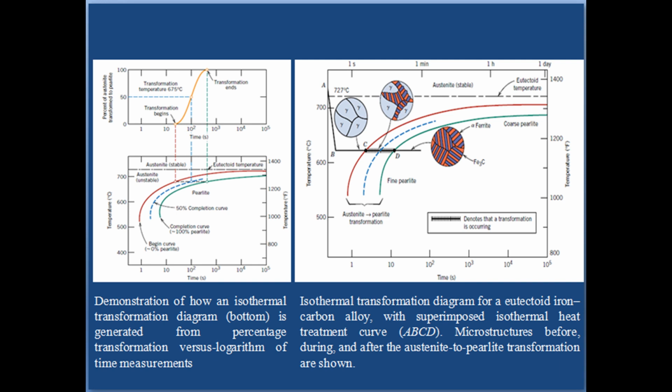At these temperatures, diffusion rates are relatively high, such that during the transformation, carbon atoms can diffuse relatively long distances, which results in the formation of thick lamellae. With decreasing temperature, the carbon diffusion rate decreases and the layers become progressively thinner. The thin-layered structure produced in the vicinity of 540° is termed fine pearlite. This is also indicated in the figure. This is all about the isothermal transformation for a eutectoid iron-carbon alloy.